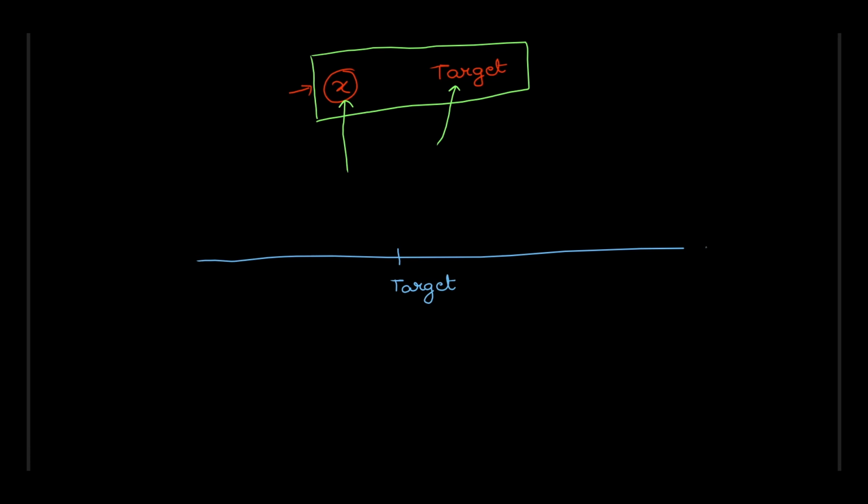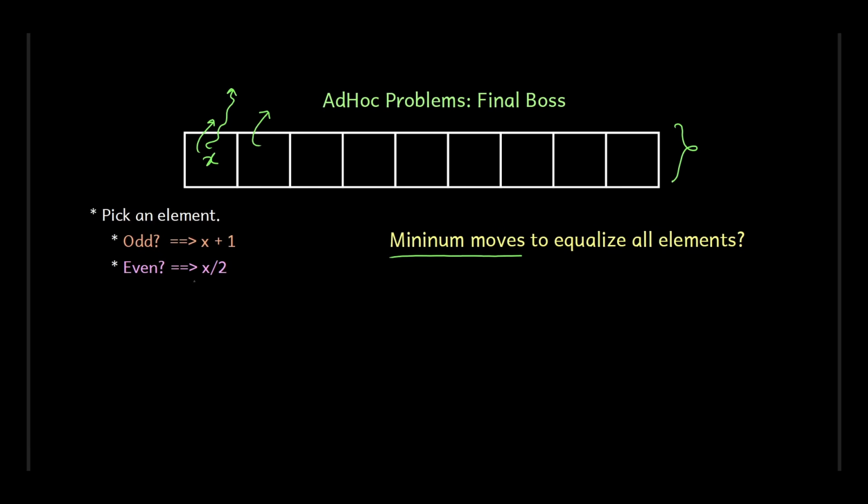Now if x is here, then you can see that since there is a very big gap between x and target, there is only one way for x to proceed, that is, the path is already predetermined. If it is odd, you have to increment by 1, and if it is even, you have to divide it